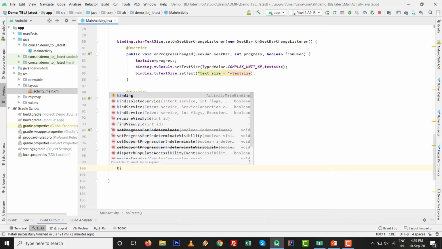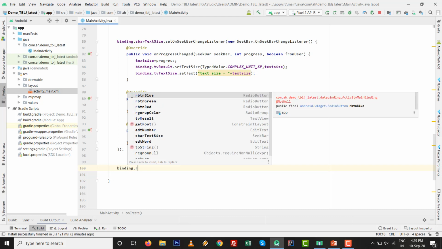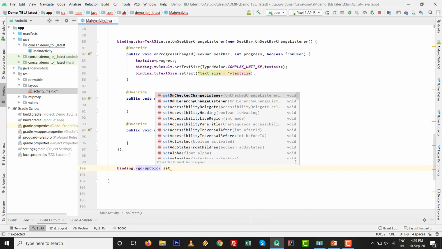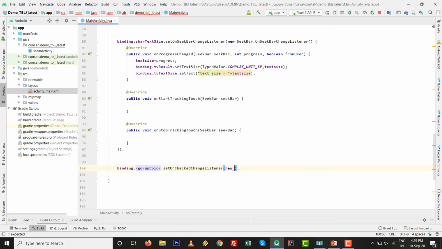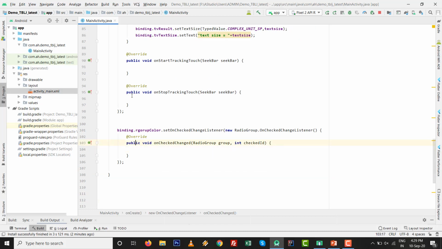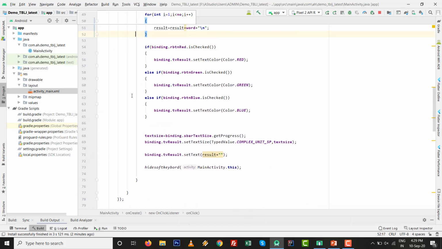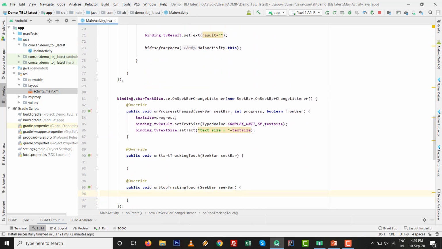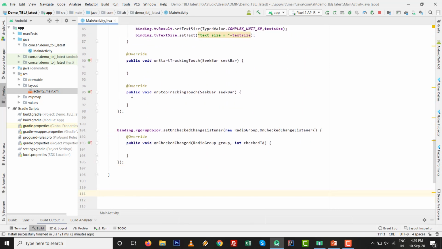One more listener we are going to write, binding dot R group color dot set on check change listener, new space and control space. On check change we need to write the code. Control C, inside that there is a return type integer.